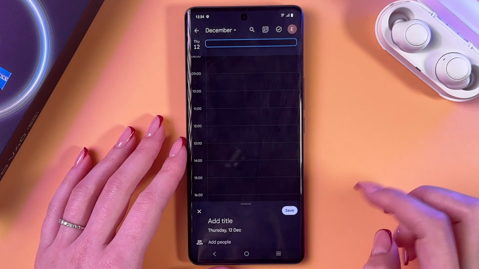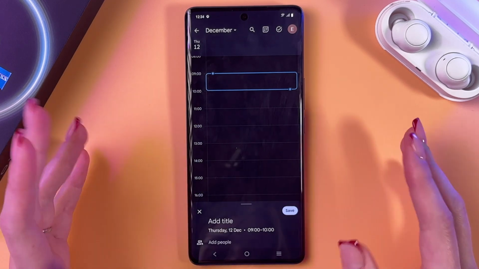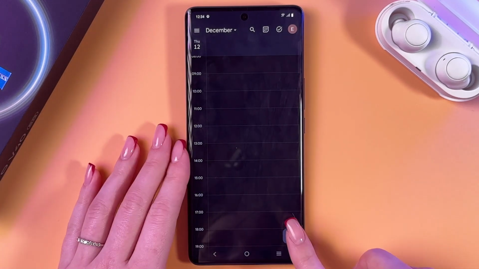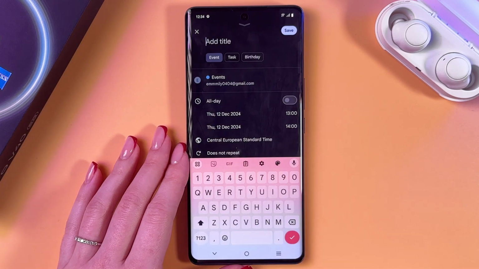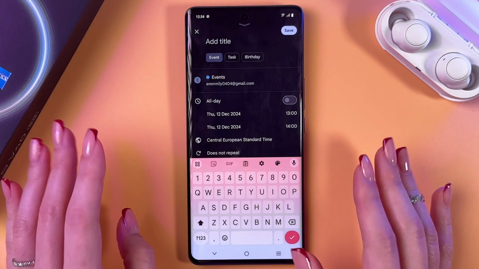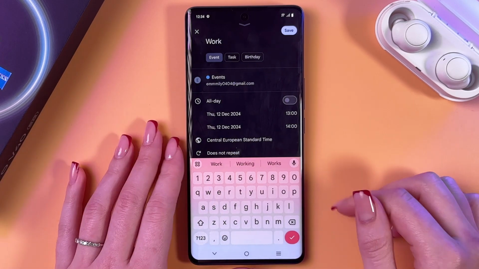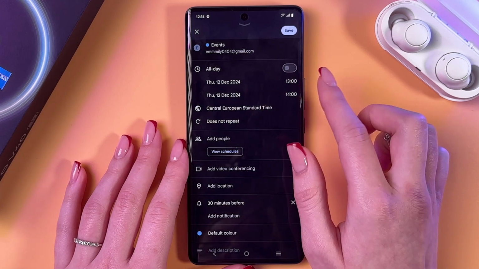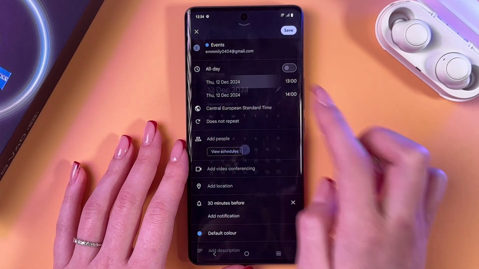So also you can tap on the date, select the time, and here just enter something like that. But for now, let's tap on the plus and select an event. So here we would need to enter something, for example, work. After that, we can select to run it all day, or we can choose the date and time manually by